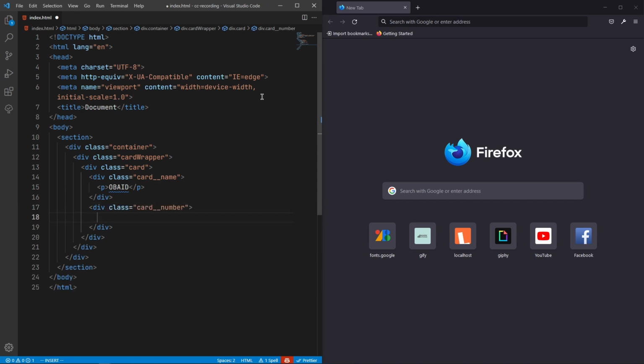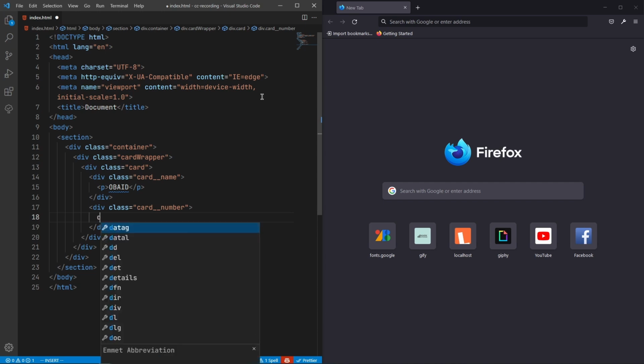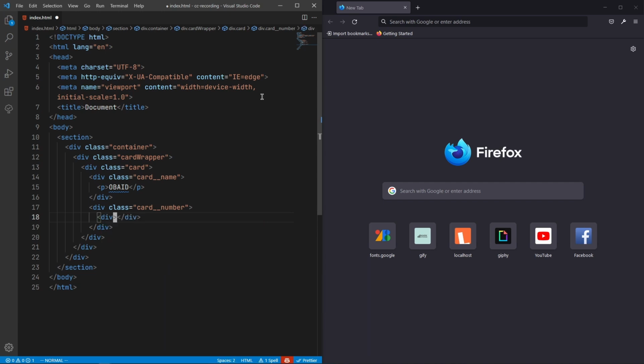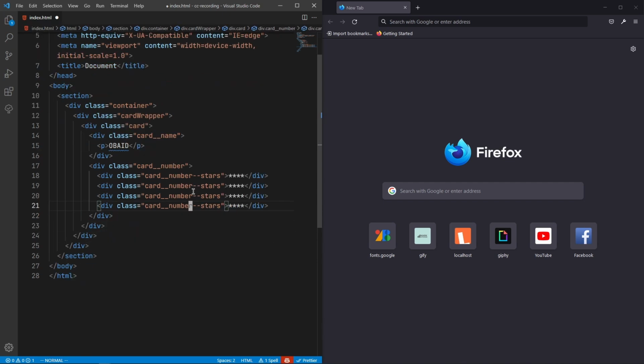So for the card number we will have it inside of a div. We will have a class name, let's say card number, and this will be stars. Okay, so let's have some stars. We'll have 4 of them. So let's copy this whole line and duplicate this. I think 3 will be enough, and after this we can delete this last one, and we'll have